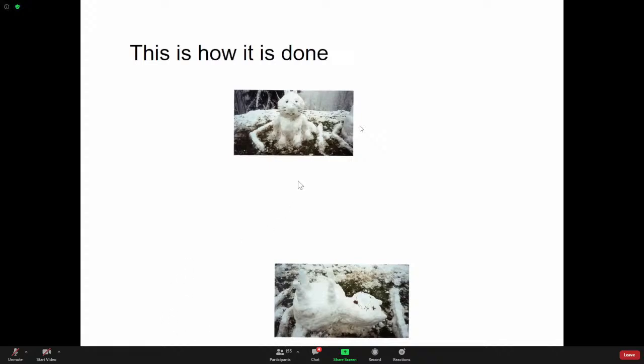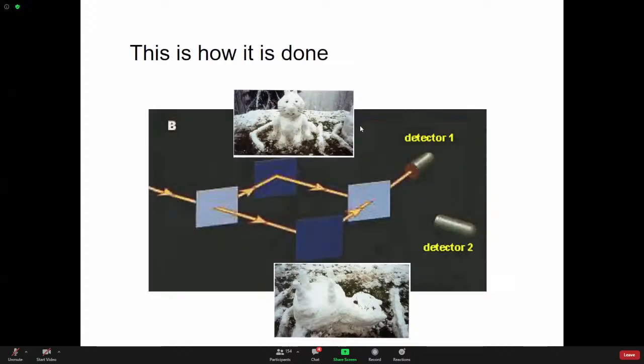So here is a snow cat, if you like. Here is an alive cat. Here is a dead cat that my students made at one of the winter conferences in Les Houches in France. And what Schrödinger said is, if you have a microscopic system, like a photon or an atom in an interferometer,